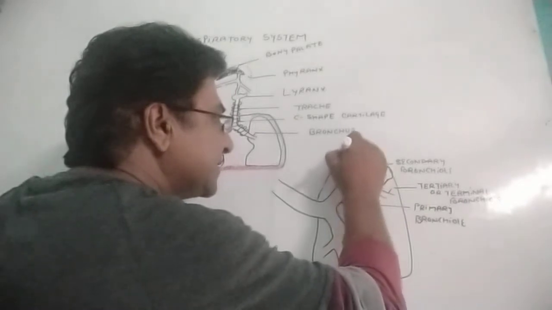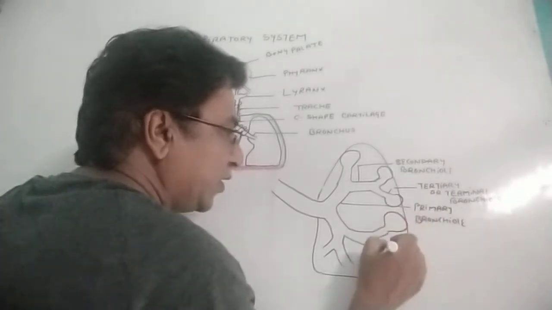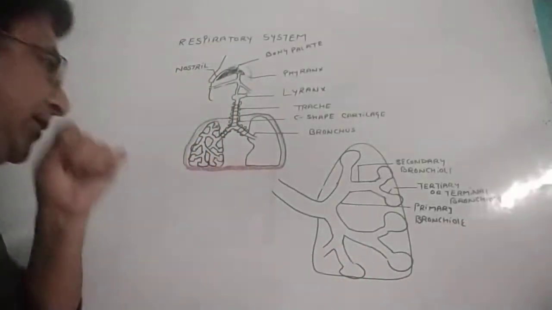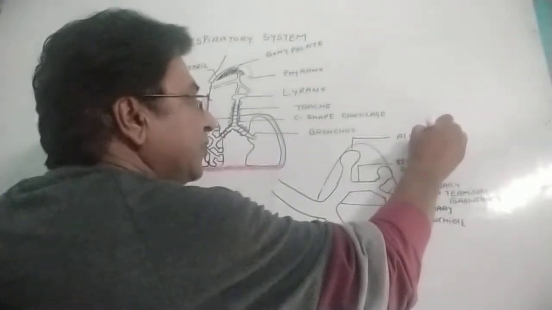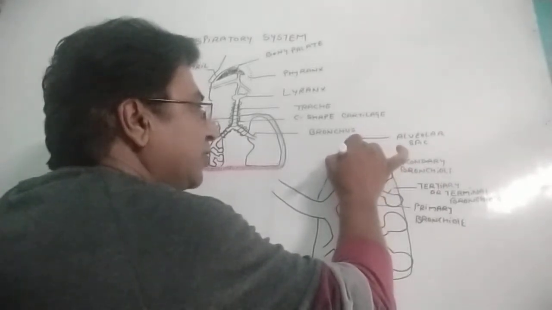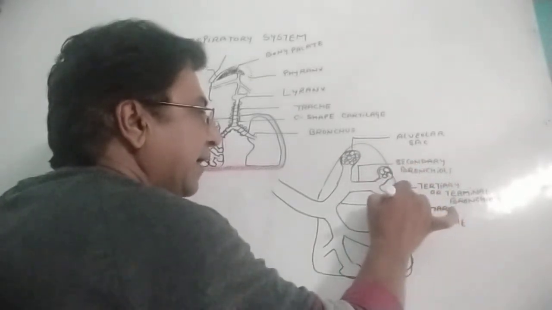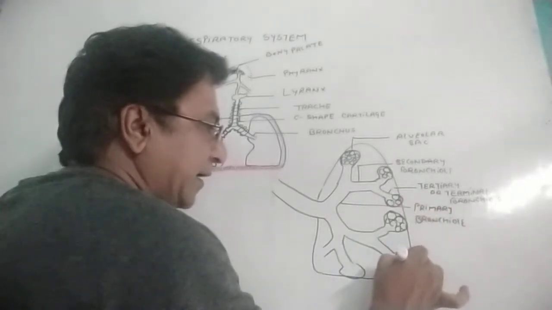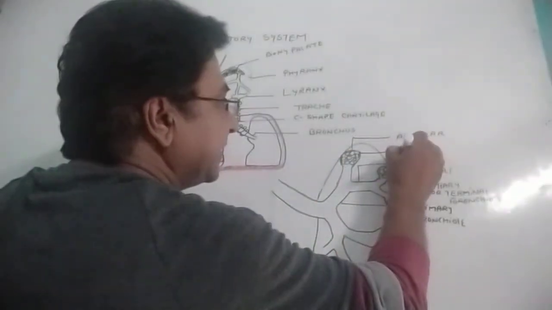Okay. At the end of these bronchioles, it develops what? It develops sac-like structures. These sac-like structures are called alveolar sacs, and these contain a large number of very thin alveoli. We'll discuss alveoli in detail also. First, just to know every part of the respiratory system. So these alveoli are present.